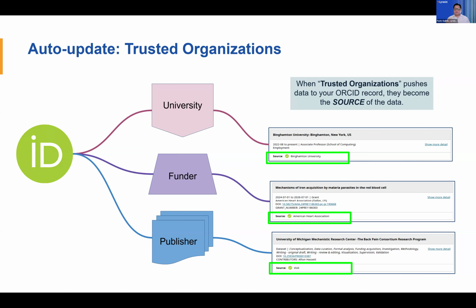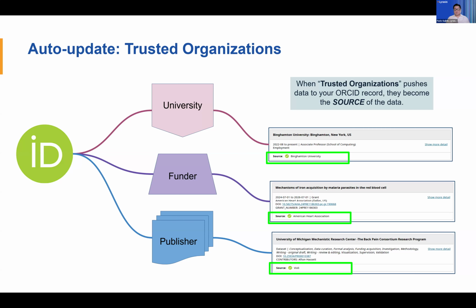If I gave authorization to American Heart Association and their system is pushing that I received this funding from American Heart, they will become the source of the data. And that's the same thing with a publisher as well, pushing, say, a data set citation to ORCID. And in this case, you will see that Vivly is the source of the data. So these are how